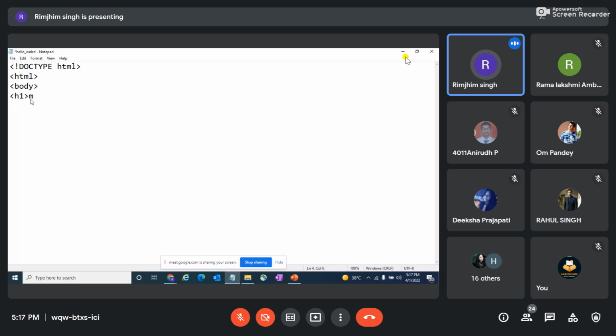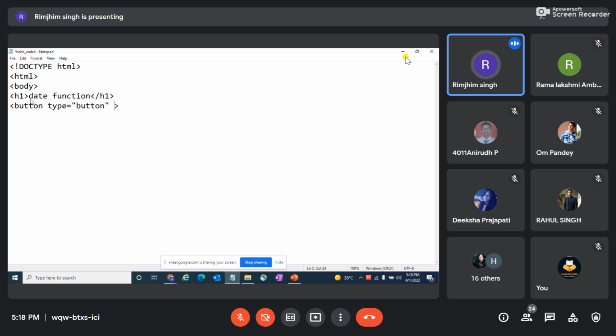So I'll write date function, slash h1, button type. Herein my button type is button, and the event which I'm giving to this particular button is on click.